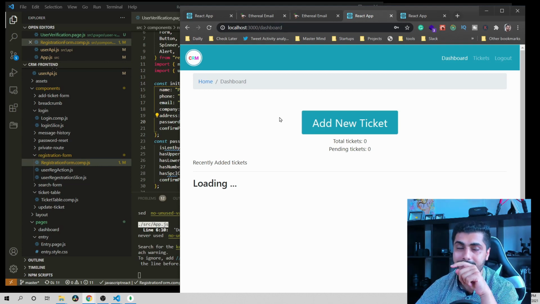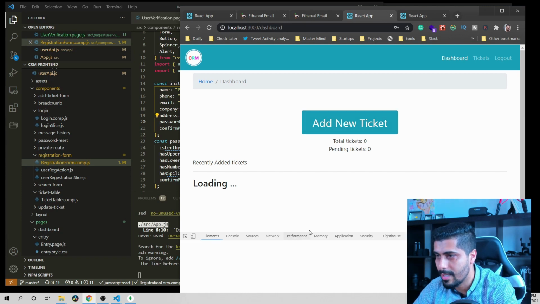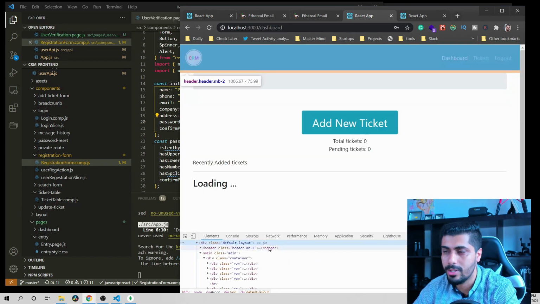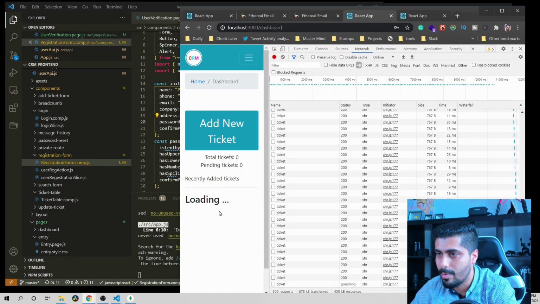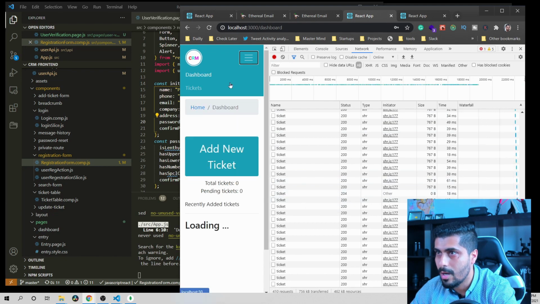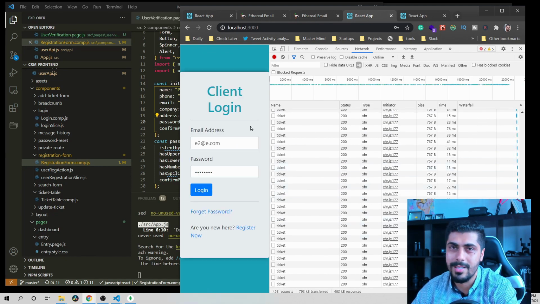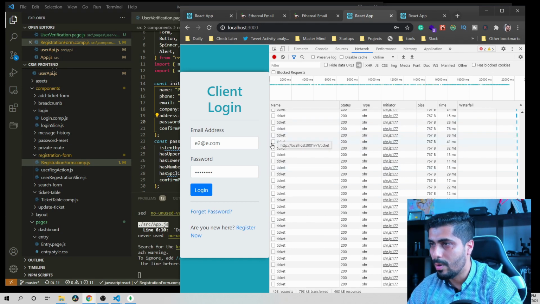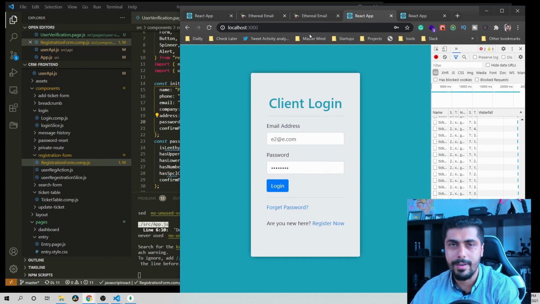Why? Because when we sign in, we have inspect. Let's go to inspect and go to the network tab. Guys, I'm showing you the process in detail, which is good to know. Okay, there is a bug I can see already. Let me log that out first. I cannot see anything. There is a bug I'll talk about later. What I wanted to show is that even if you are not verified, you can